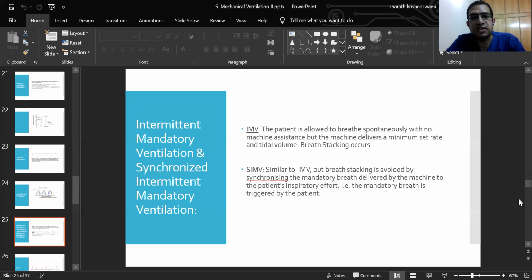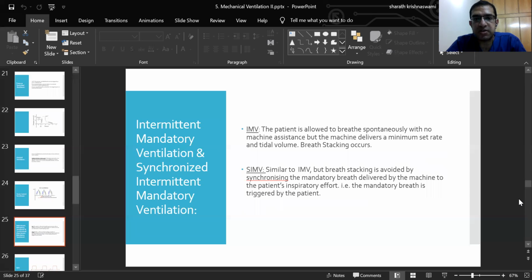Now to explain what intermittent mandatory ventilation and synchronized intermittent mandatory ventilation are. In intermittent mandatory ventilation, the patient is allowed to breathe spontaneously with no machine assistance, but the machine delivers a minimum set rate and tidal volume. Breath stacking can occur in such a condition. Hence, they later came out with